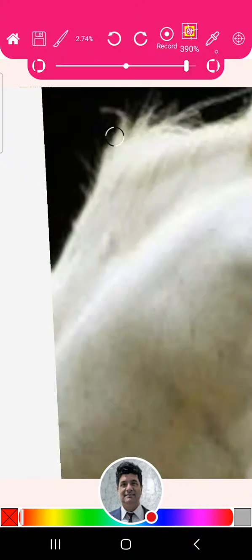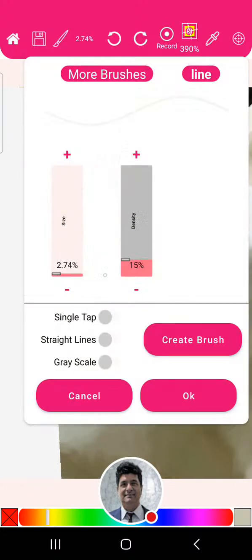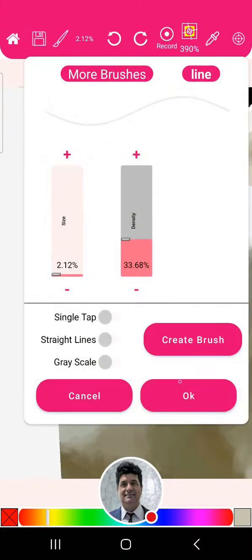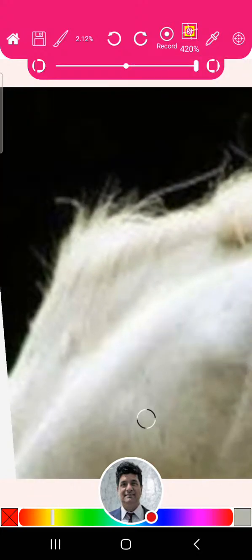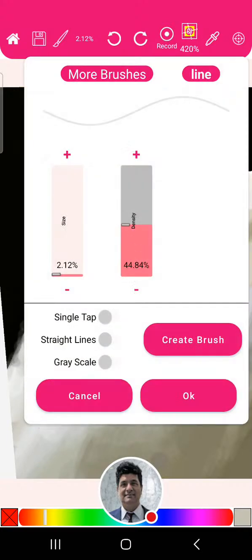Alright, what do we got here? We got this sort of brush-like effect. I'm going to take it down and increase that. I'm going to show you what I'm doing. Creating that. So here you can see, I'm picking that color. And then